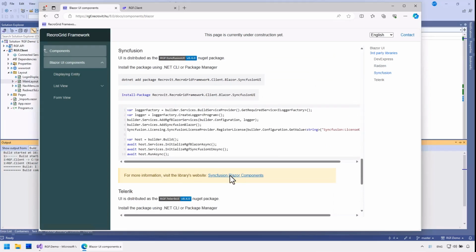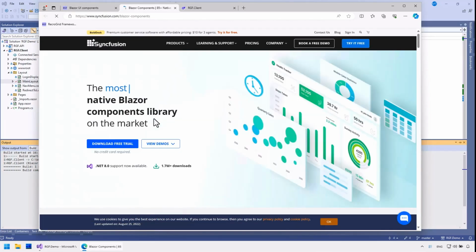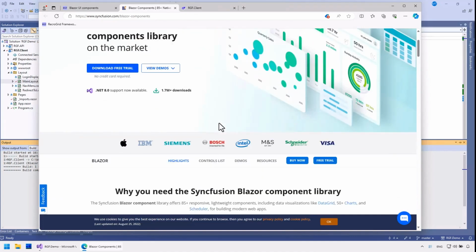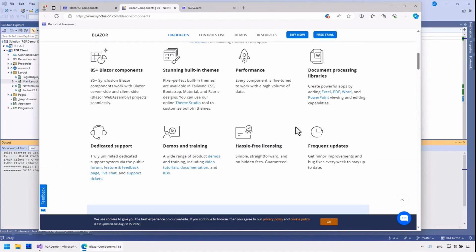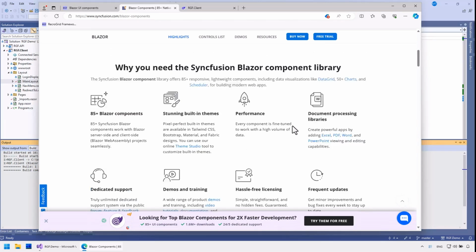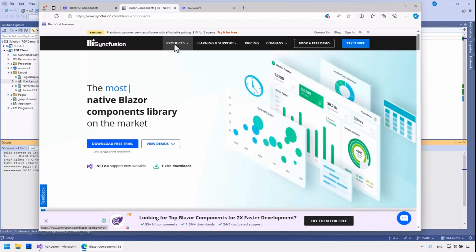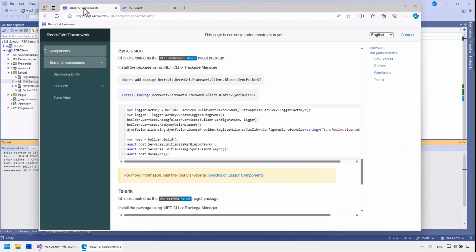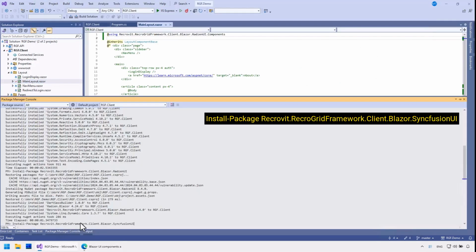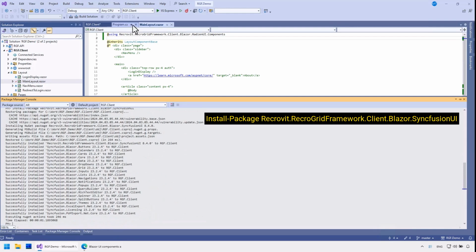In the following, I will demonstrate the integration of the Syncfusion Blazor Components library. Syncfusion is also a paid library, but there is an option for a free version, the terms of which can be found on their website. The integration with RGF is similar to the previous ones, but here a license key is also required.